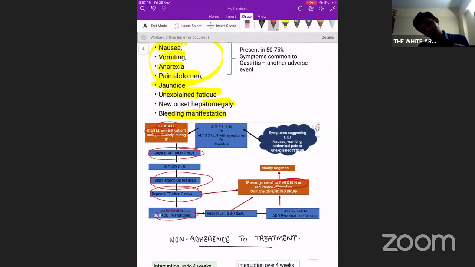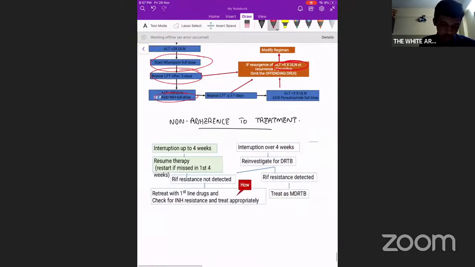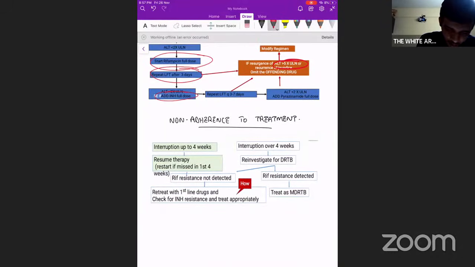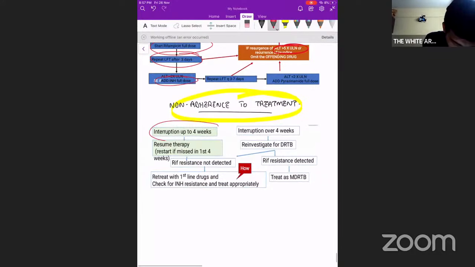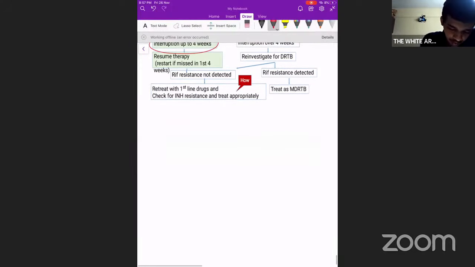Fine. Next is non-adherence to treatment. This is one of the very common scenarios which we will encounter, correct? There will be non-adherence to treatment. So in that case, what we do is, if there has been interruption of less than 4 weeks, okay, so